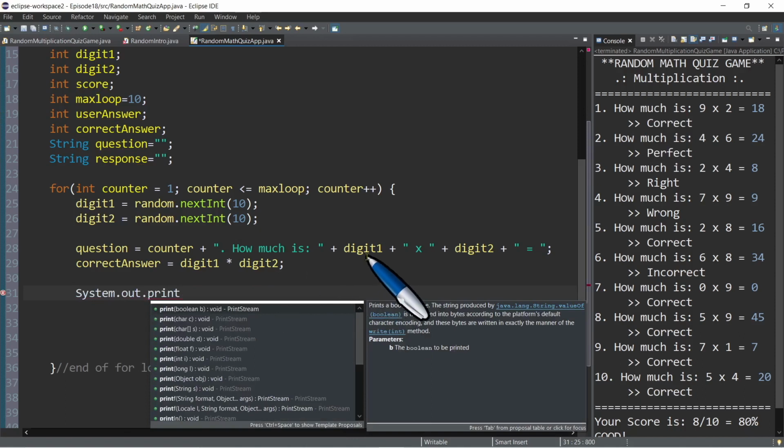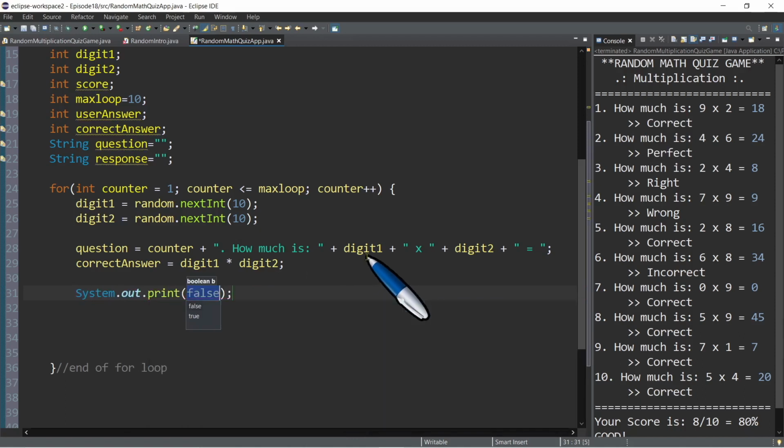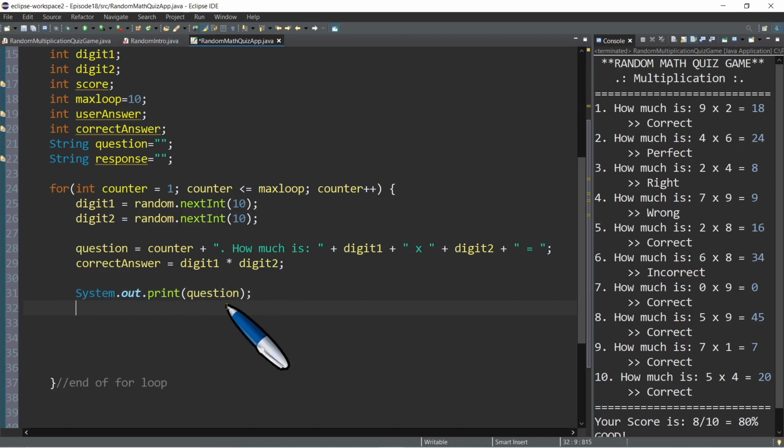System.out.print. Okay, for example, question. We will now print the question here. Okay, and at the same time, after printing the question, we are now going to get the user input. Okay, how are we going to do that? So we will assign the user input or user answer. The user answer is equal to